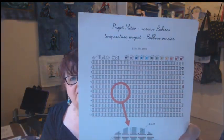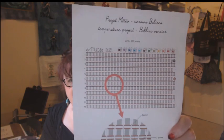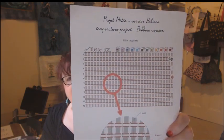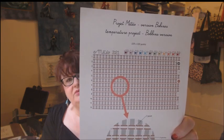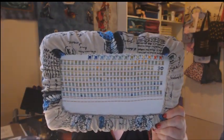Next, I worked on the temperature bobbins from Jardine Privé. It's a free chart on her website. I just thought it was really, really cute and lovely. This is being done on 22 count white Aida,